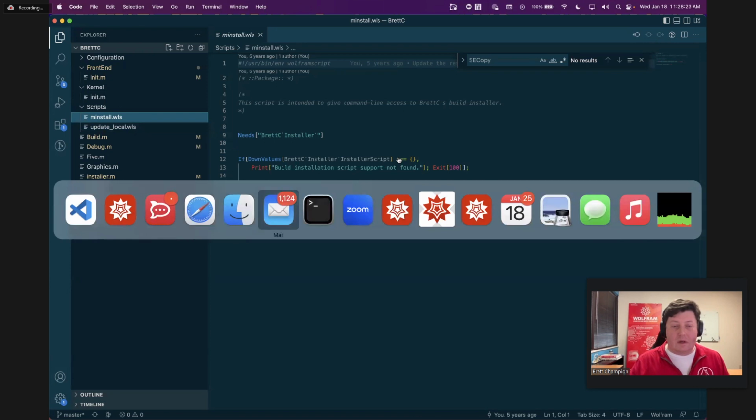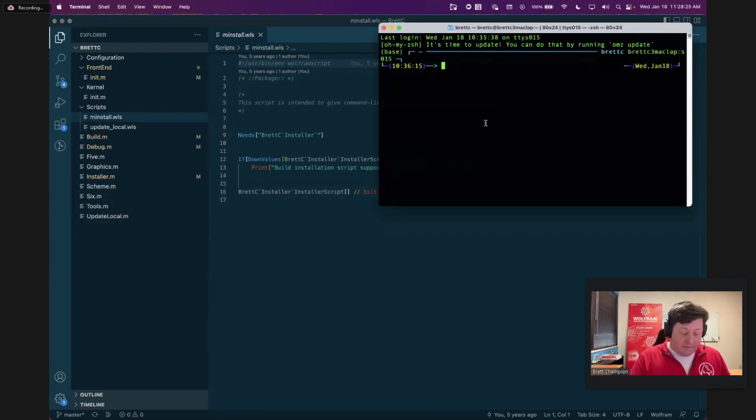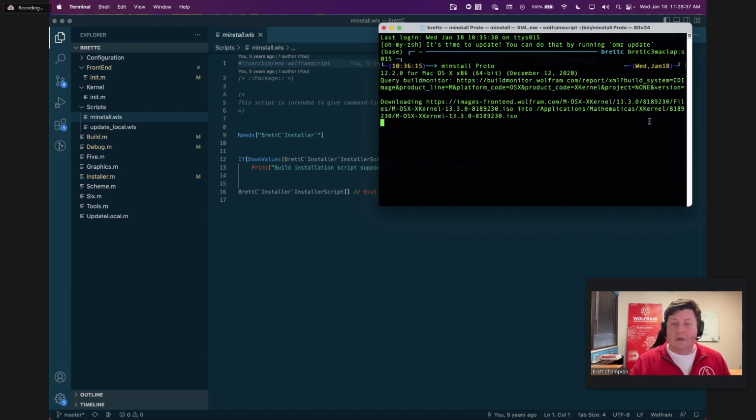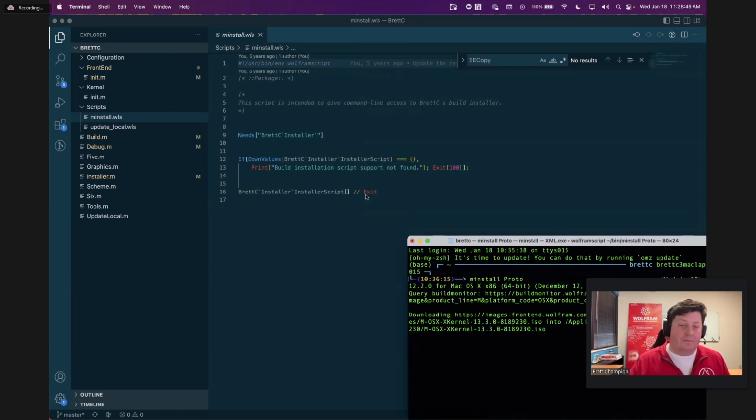So if I come here, and I haven't checked to see if this is going to do anything, but let's do install proto. So it's going to go off, check that there is a new build. It's going to start downloading the build, all sorts of stuff. And the interesting thing is the convention that we've adopted within the company, or at least several of us have, is that